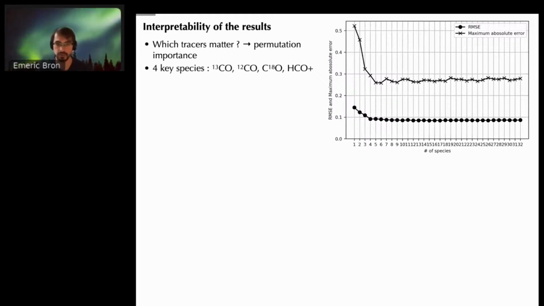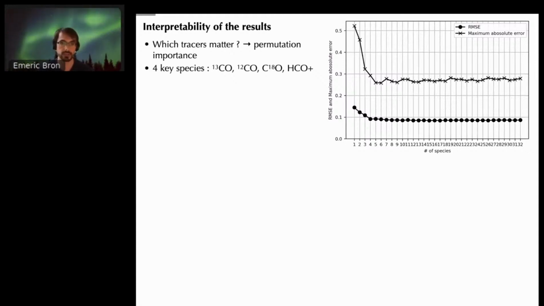You retrain a random forest on this, and of course this random forest does much worse than the initial one, and the loss in performance gives you a measurement of the importance of this molecular line for predicting the total column density